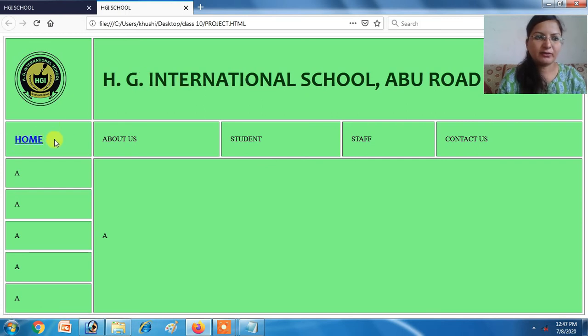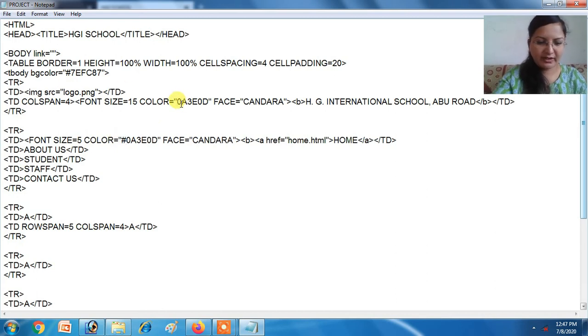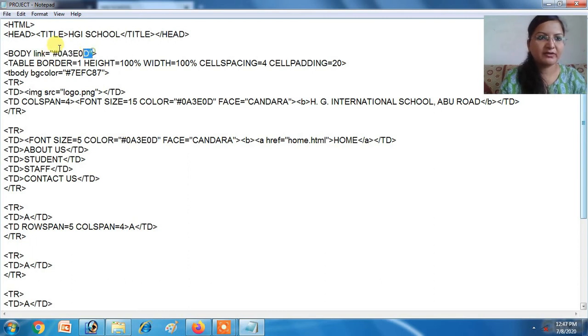Okay, so one attribute I have told you in body, it is link. Link equals to, take the color same as that of the content, put hash over here. Here also we have to put hash. Take this color so that the content is of the same color in the whole page.